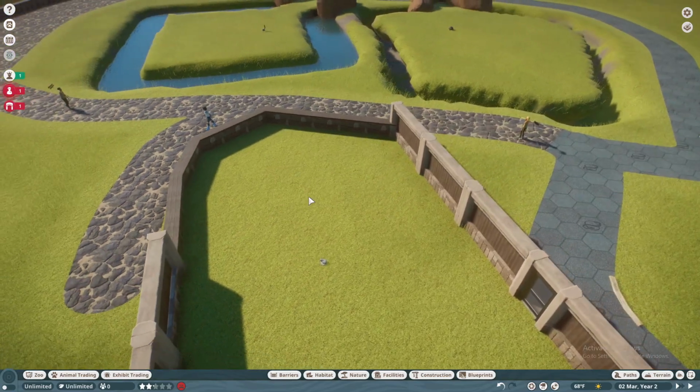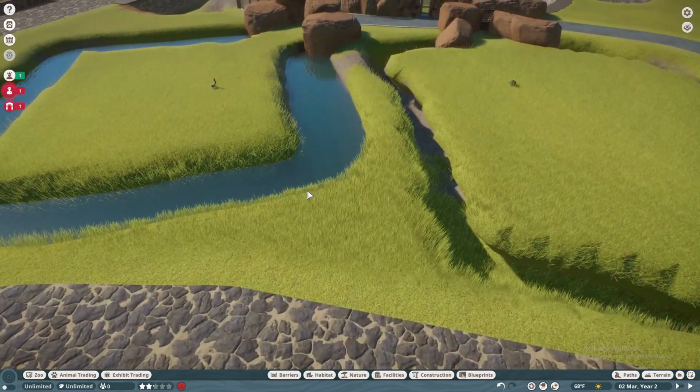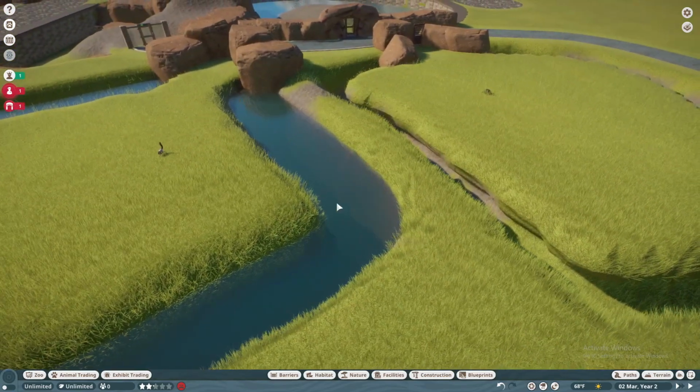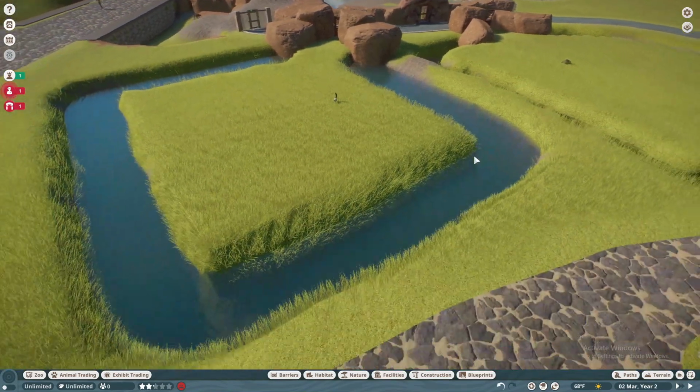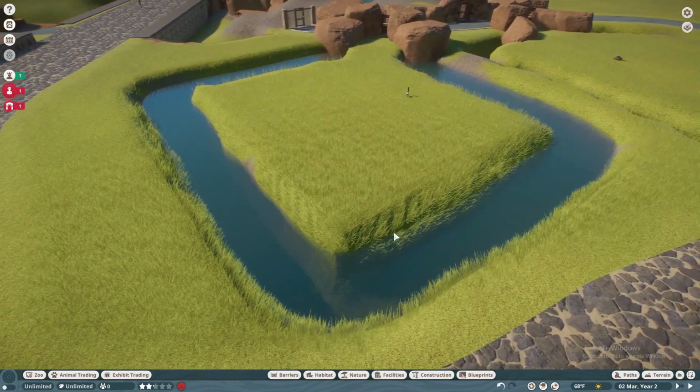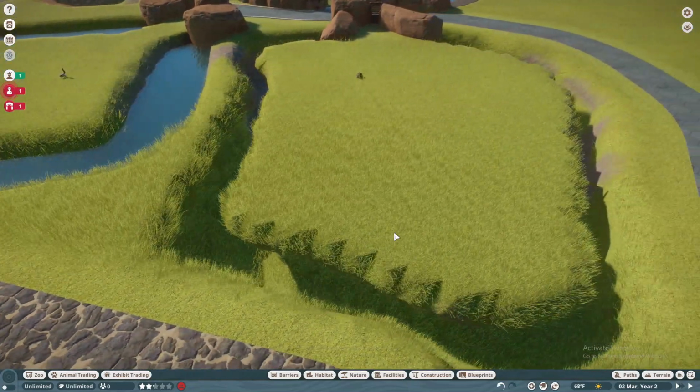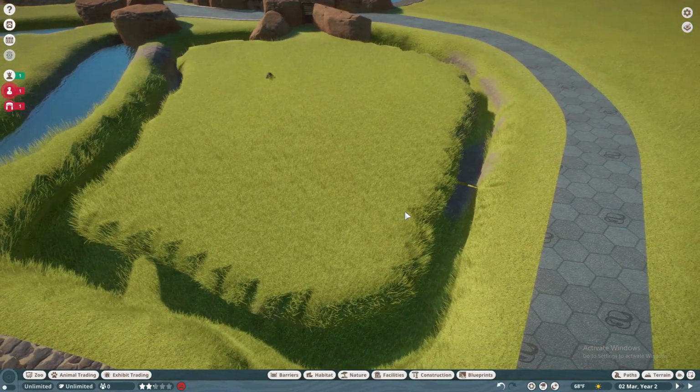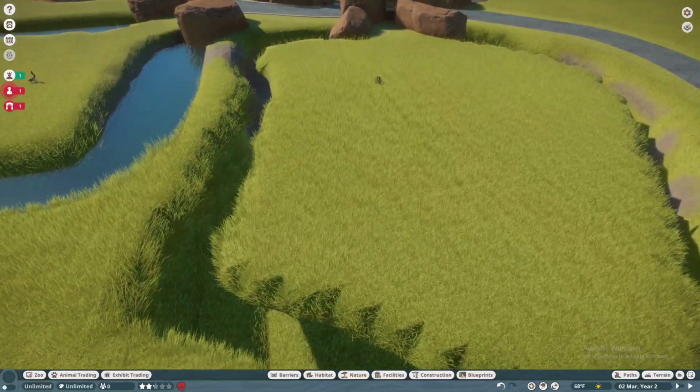skills in the game. The next one is the moat. So I have two examples here. This is a wet moat. This is just where we filled the moat with water, whereas this one is a dry moat. So moats are not useful for most animals in the game. On top of that, they don't necessarily look great, but you can make them work, and you can make them